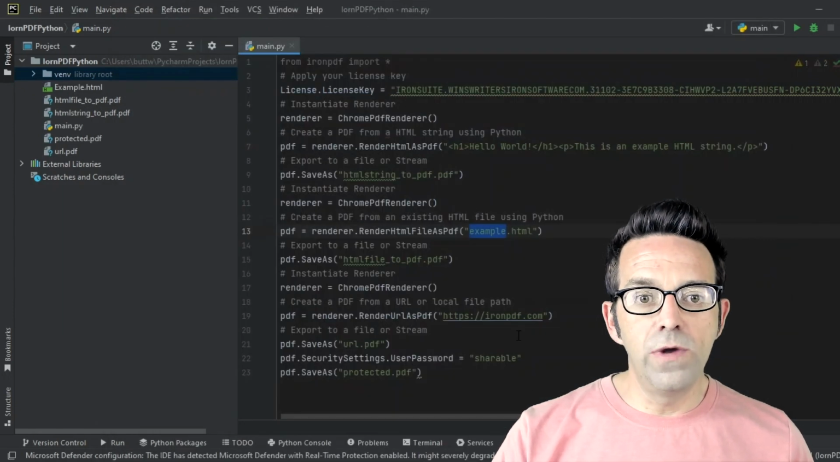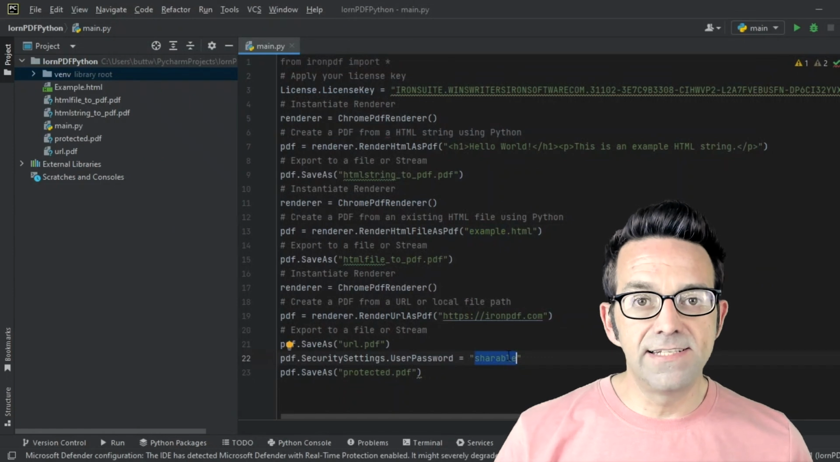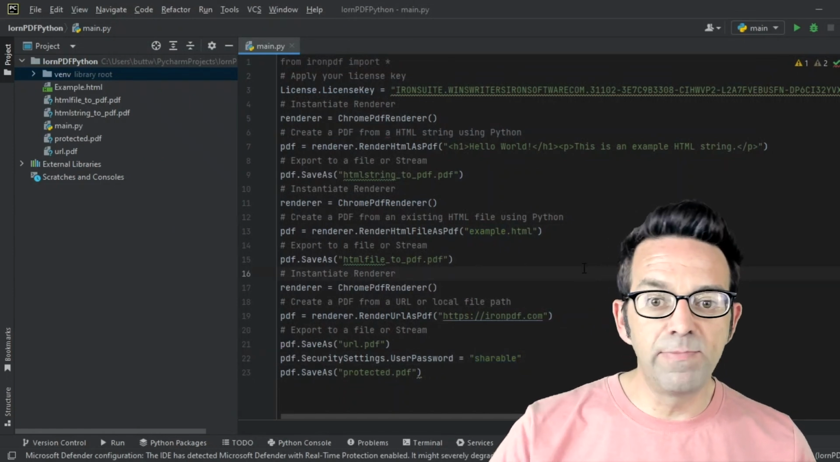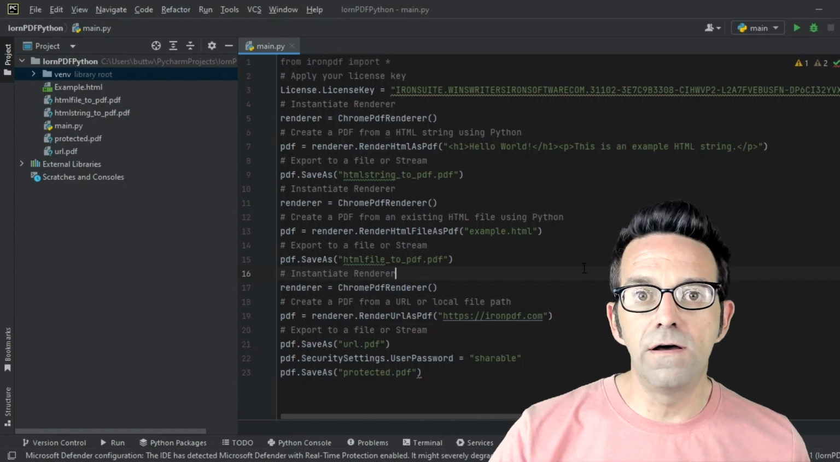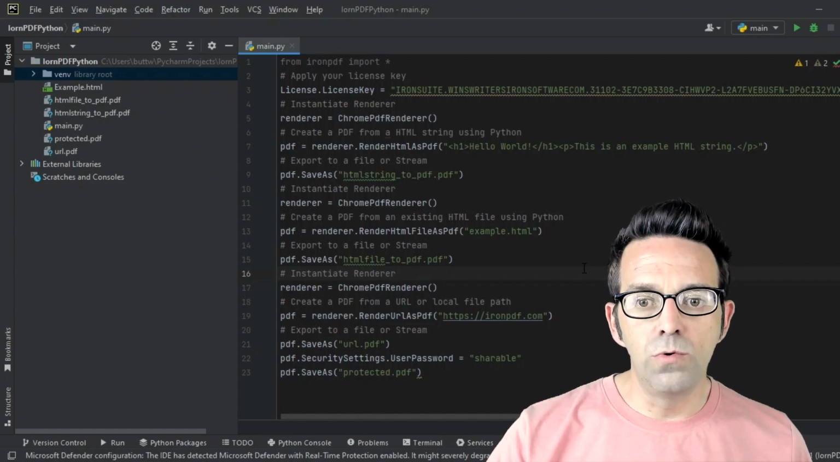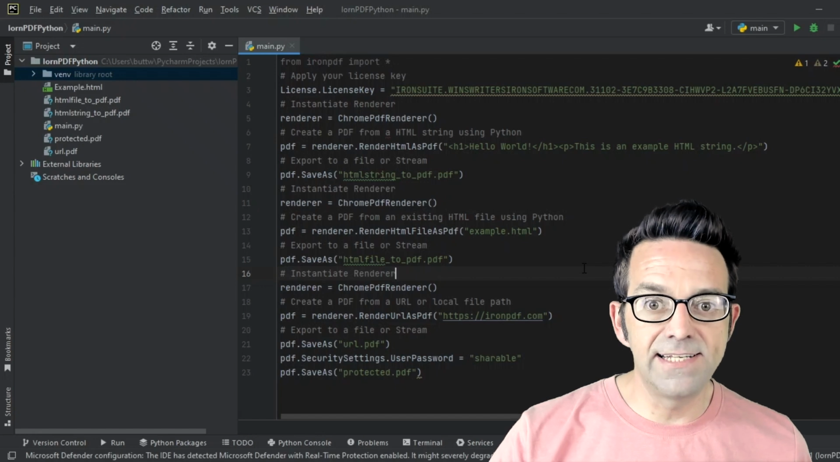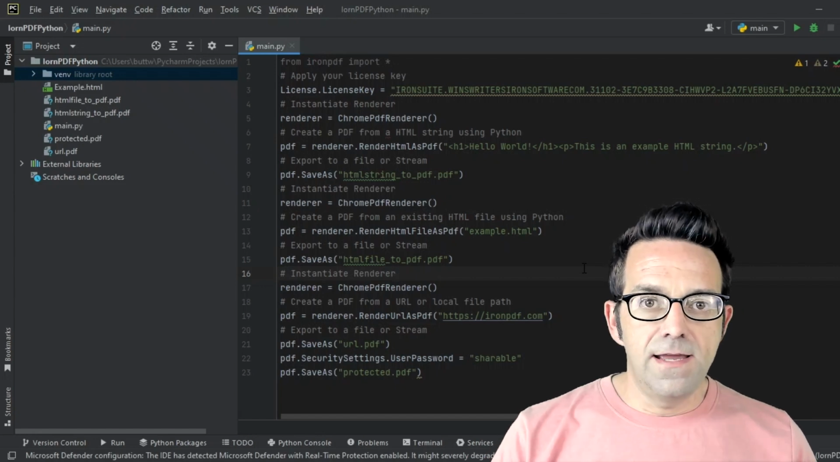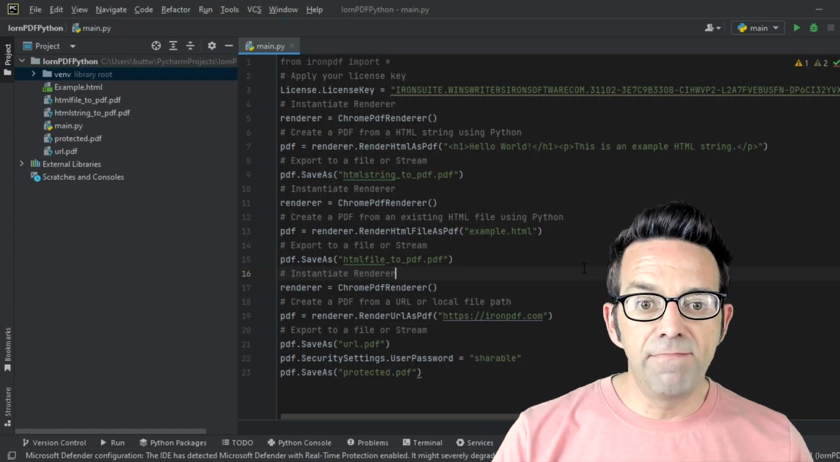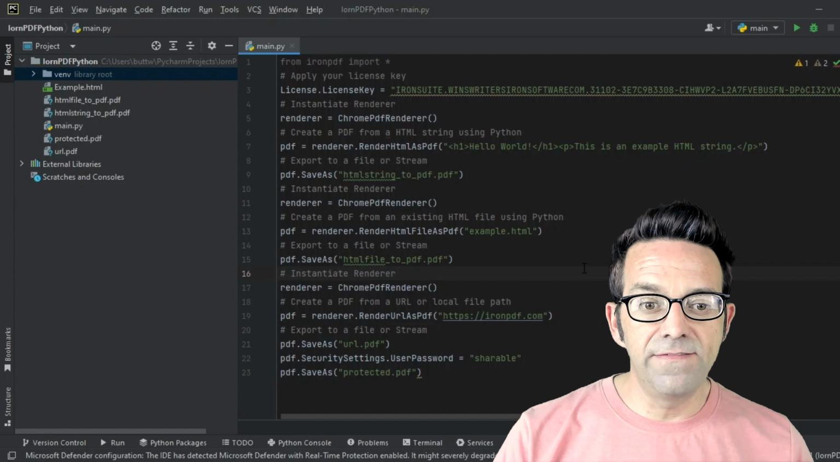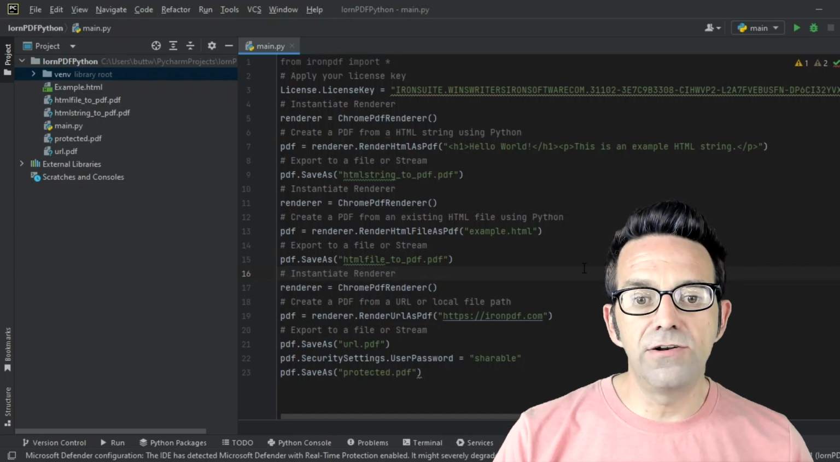So here we start with importing our necessary namespaces and then setting the license key. So let's apply our IronPDF license key to ensure that we have access to all of the library's features. We'll use the license_key method to set our key. Next, we'll create a PDF from a simple HTML string. We'll start by instantiating a Chrome PDF renderer object. And using the render HTML as PDF method, we'll generate a PDF and save it as HTML string